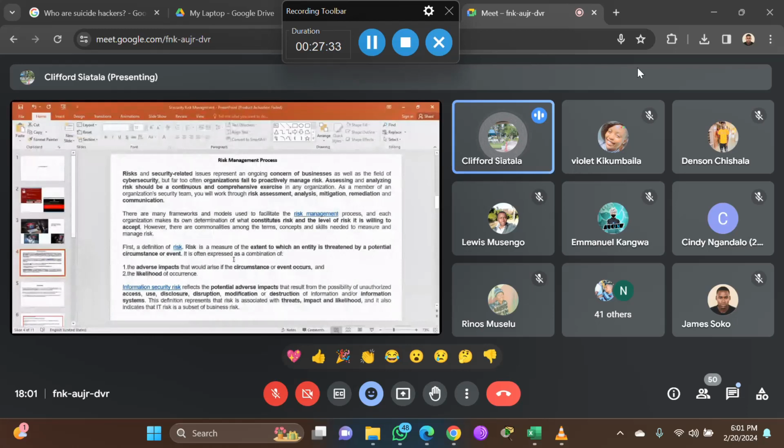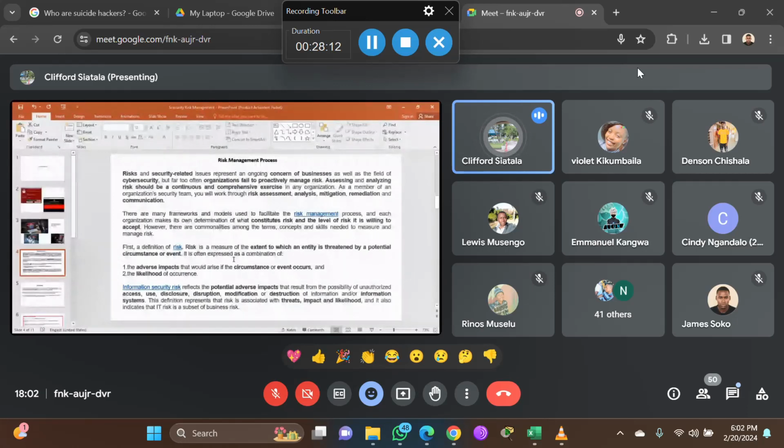Yours is assessment already. You are assessing earthquake, fire, data breaches, exposure, attacks, ransomware, malware, viruses. So yours is risk assessment. From the word go, it is inbuilt in you. Your mind is being disciplined to think as a cybersecurity professional. So when you have done the risk assessment, you come up with some of them, then you analyze. Then you put in mitigation.